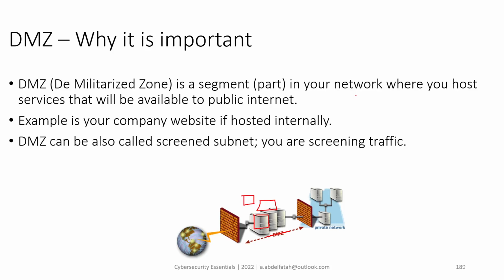The reason we need a DMZ is that any server that will be published to the public will be a potential target for cyber attacks, correct? So by having these public servers isolated in a specific zone, with a firewall before it and a firewall behind it, which means the DMZ is a location placed between two firewalls, for example,